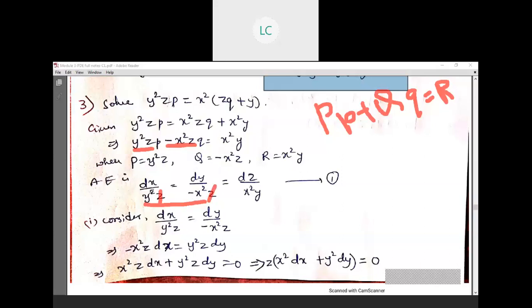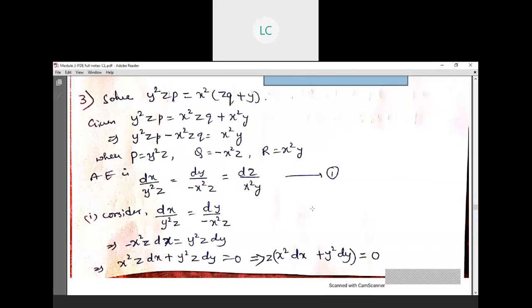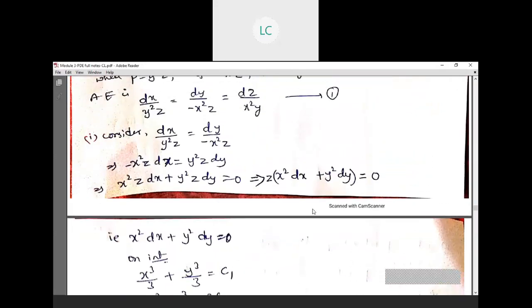Then if we cross multiply, we can separate the variables. That's why I will choose the first two terms as the first pair. Similarly, see the second and third terms. We need only functions of z and y because we have the derivatives dy and dz. Here we have x square and here also x square, both are equal, so we cancel x square. Then by cross multiplying, we can separate the variables. So I will choose the first and second terms as the first pair and the second and third terms as the second pair. So now the first and second terms.